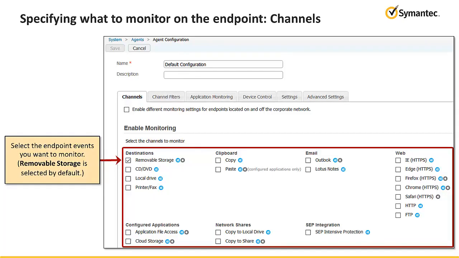By default, the only event that is configured for monitoring is removable media. The endpoint agent does not monitor any events that have not been enabled. In addition, within your DLP policies, you have the ability to apply policies only to certain events. Keep in mind that if the events are not enabled, the policy does not capture incidents over those applications or